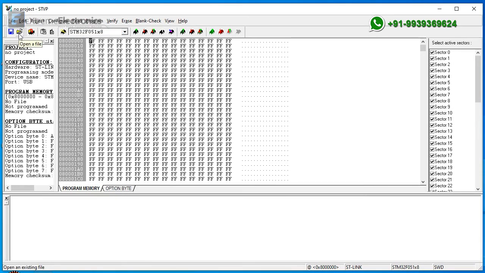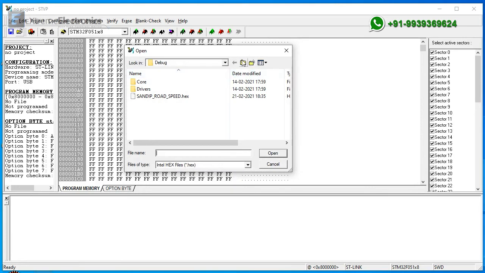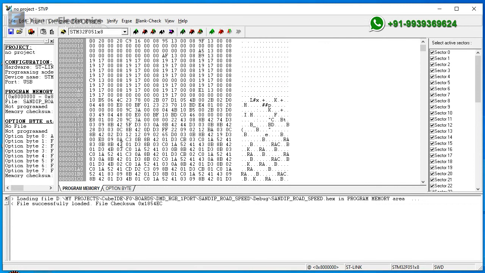The first step is to open the hex file. To open the hex file, click on this button, then select the hex file and click open. The hex file is loaded here and it is visible in the buffer area. The message is also displayed below in the log area that the file is successfully loaded.